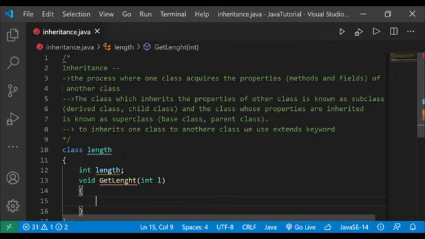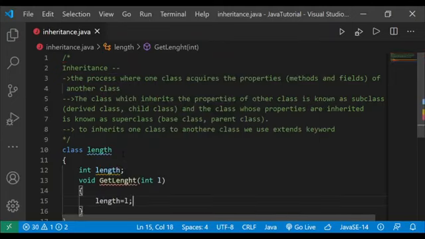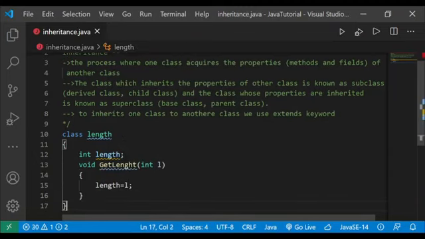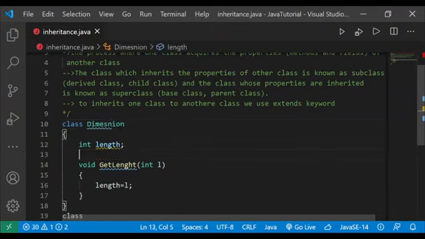So let me write here length is equal to L. Now I'm going to create one more class here, let me write here a class dimension. Okay, and I want to take here length and width also,